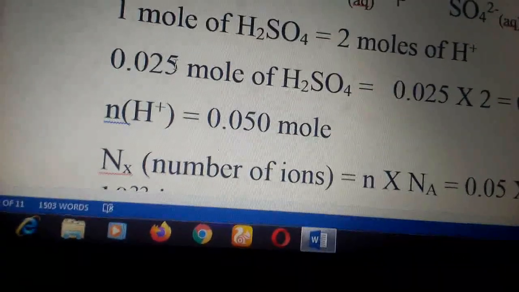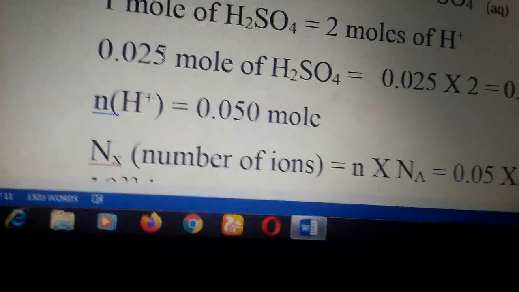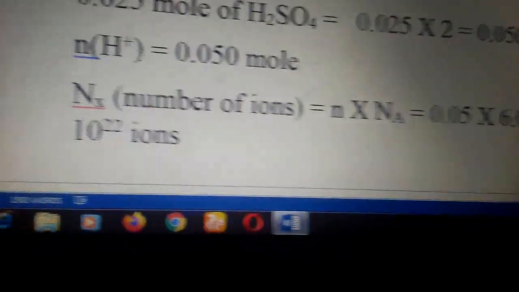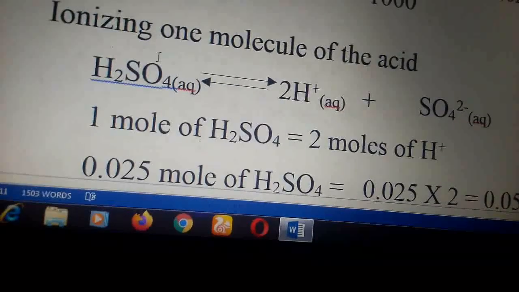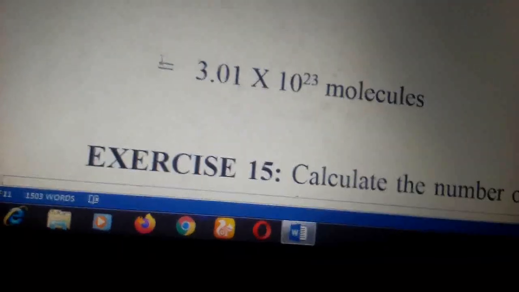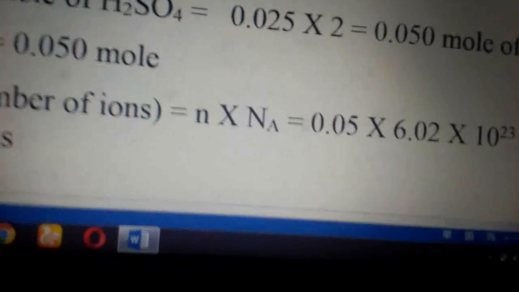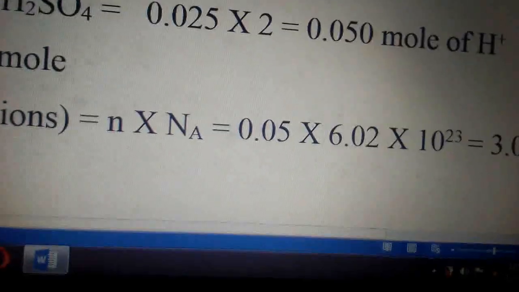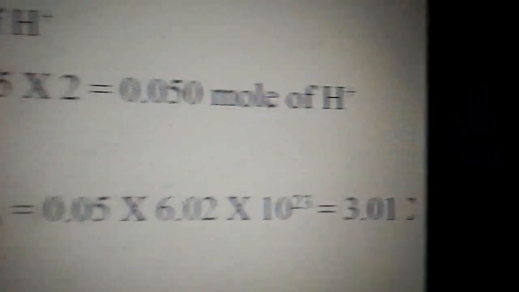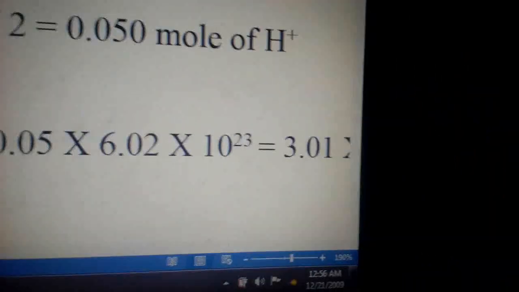But we're not looking for the number of moles of hydrogen ion, we're looking for the number of ions, the number of particles. So from the formula, which formula? This formula says mole equals NS over NA. So we now make NS the subject. NS becomes mole times Avogadro's constant. And the mole of hydrogen ion is 0.05 times the Avogadro's constant. That will give us the final answer as